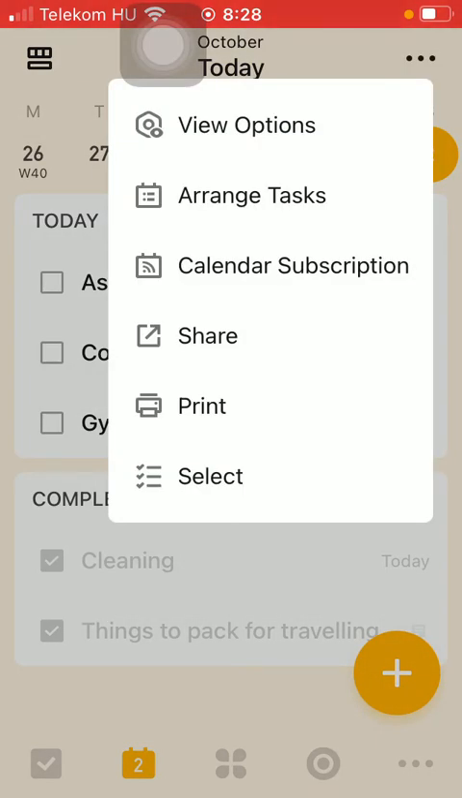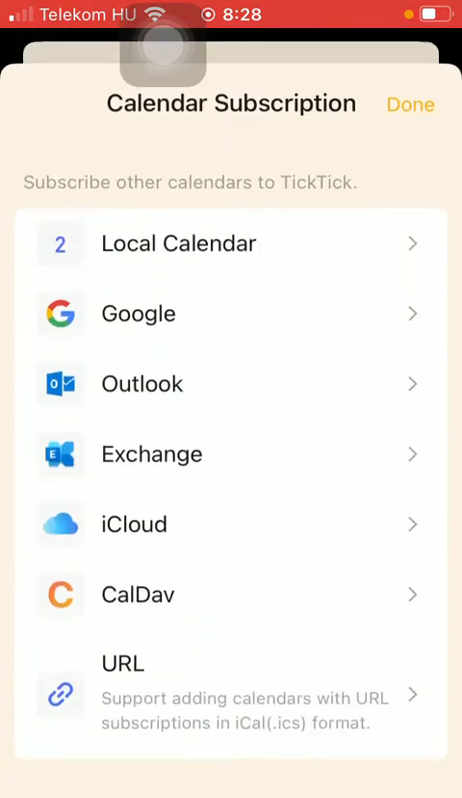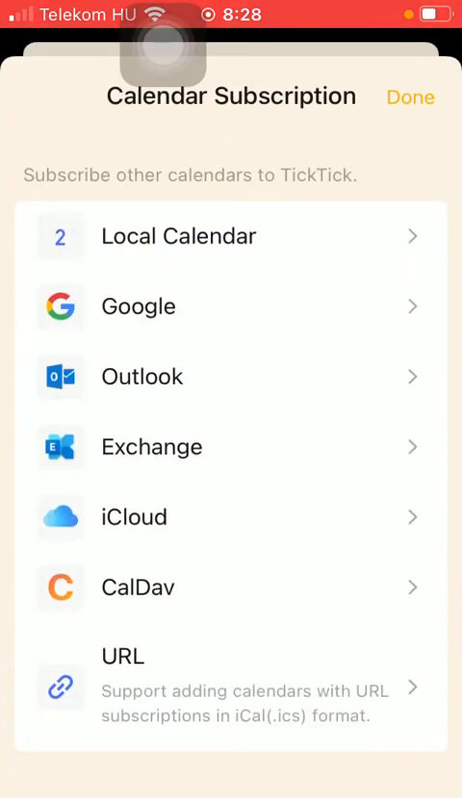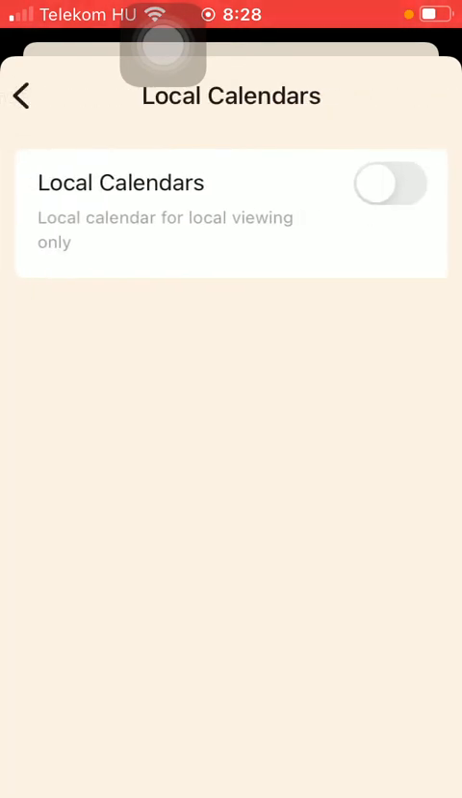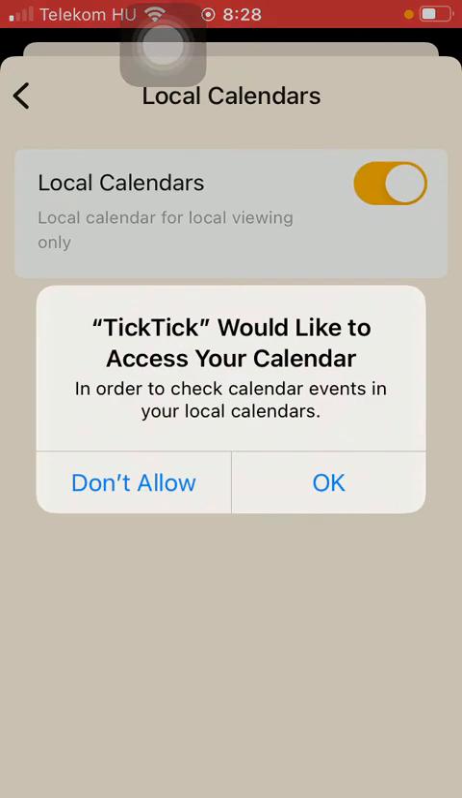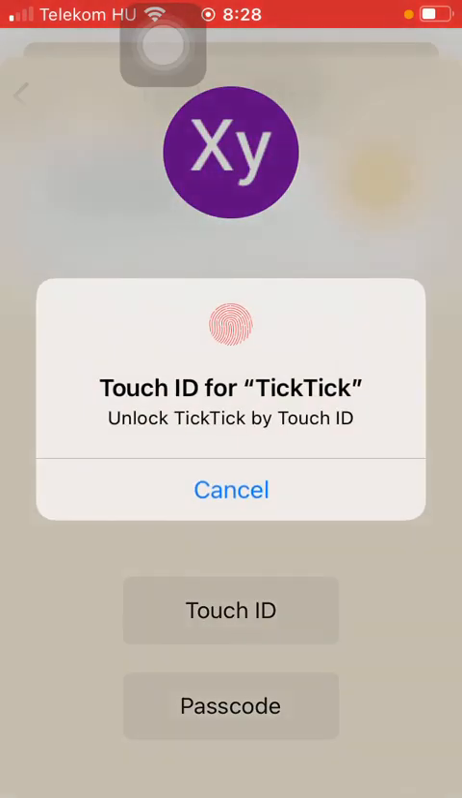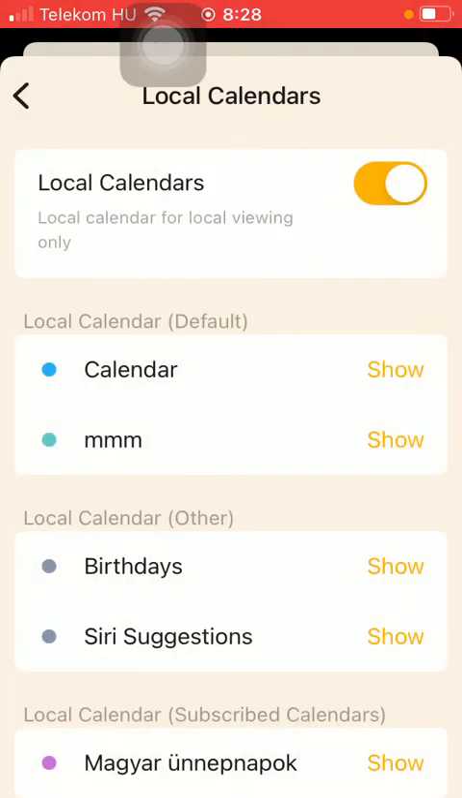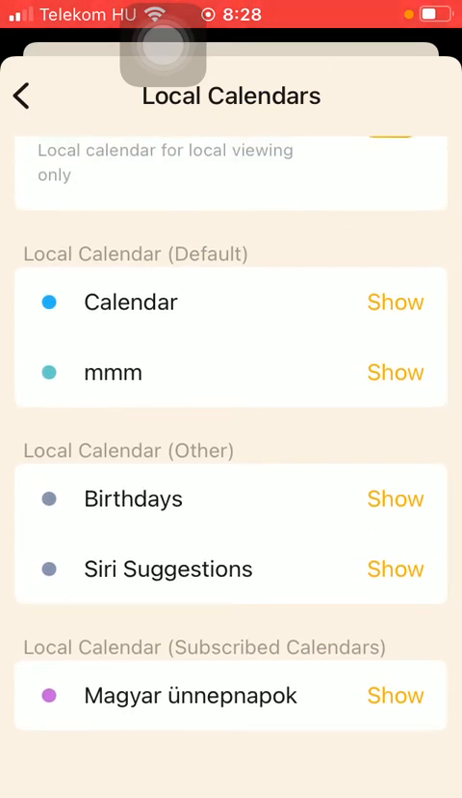Tap on calendar subscription, which is the third option, and here you can subscribe other calendars to TickTick, such as your local calendar for local viewing only. Tap on OK. Here you need to allow access, and you have other options here, such as local calendar, so the default options such as calendar, and there are folders that you have created, birthdays, series suggestions, and Hungarian national